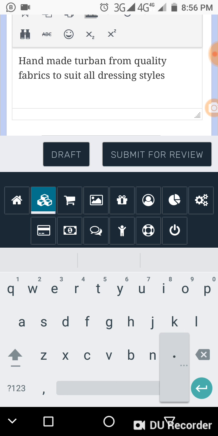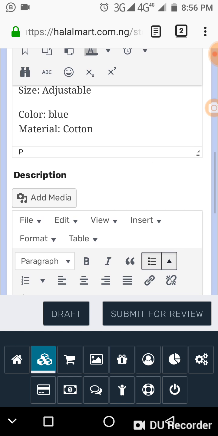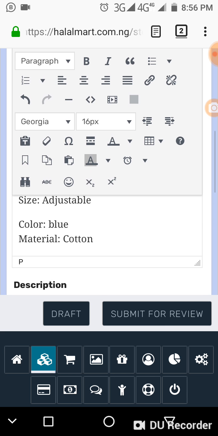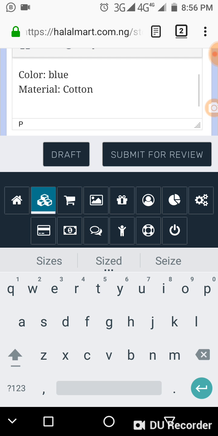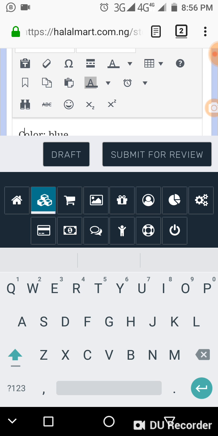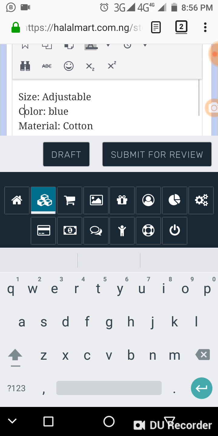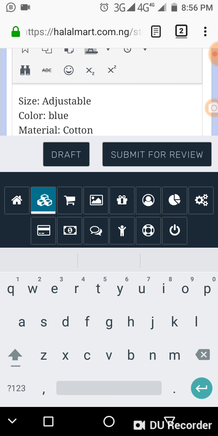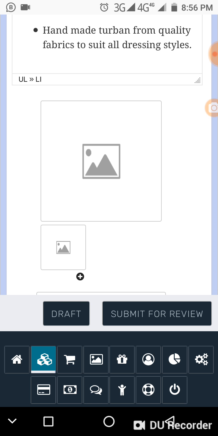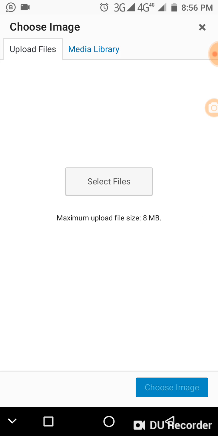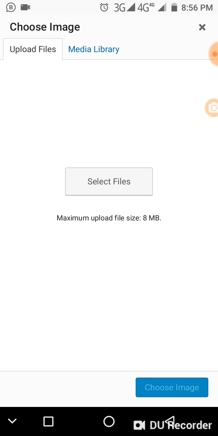Alright, all dressing styles. I think that should be enough for now. And the next thing is, after we've entered the short and long description of our product, the short description and the long description have been entered. The next thing is we want to tap on this. I'll take that again. We tap on this bigger box here for the image,